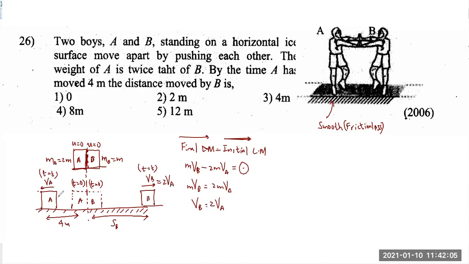Both the men would have traveled for the same time. So if the velocity of B is twice that of A, that means the distance covered by B should be twice that of A. So SB should be equal to 8 meters. You can directly compare velocity and